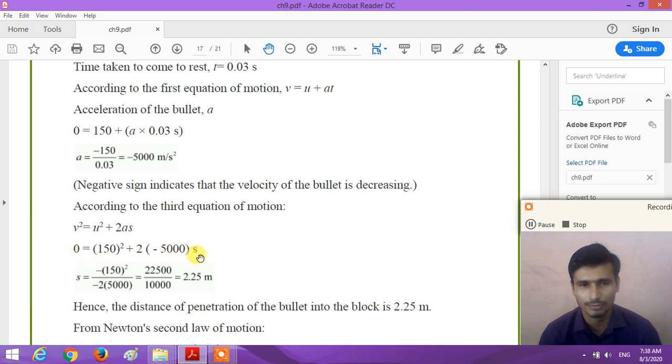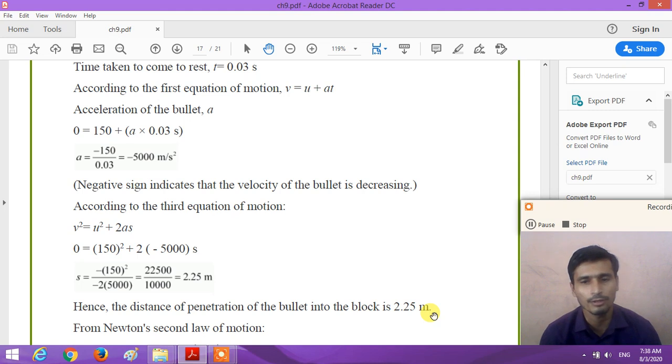From this equation we can easily calculate the distance. s is equal to minus u square by 2a. So 150 square by 2 into 5000. We get 2.25 meter. So the distance of penetration of the bullet into the block is